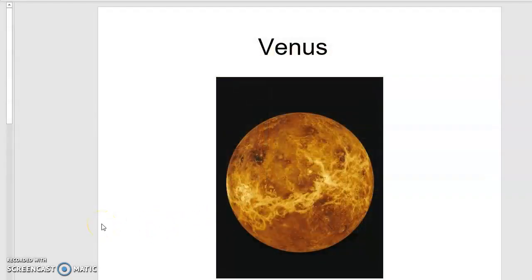Okay, let's see. Did I really do that? I don't know, we'll find out. Anyway, here's our little picture of Venus. I believe this is a compilation of photographs from different probes and things. As you can see, I wouldn't call it a particularly beautiful planet. It's kind of ugly when you look at it because of its makeup and temperature.